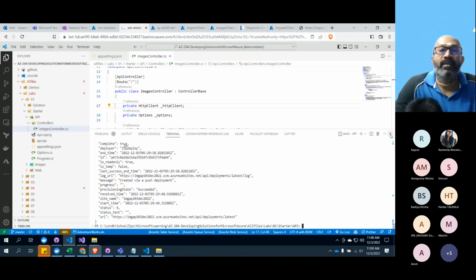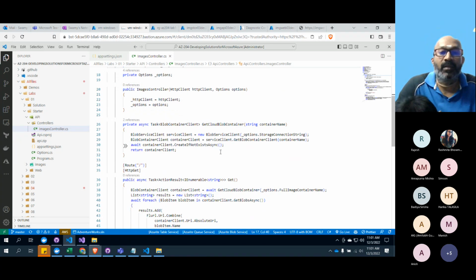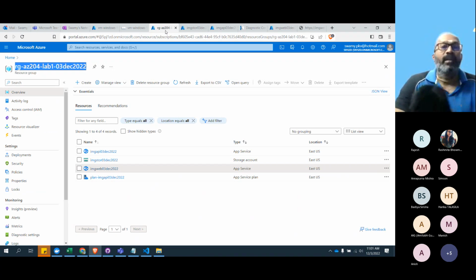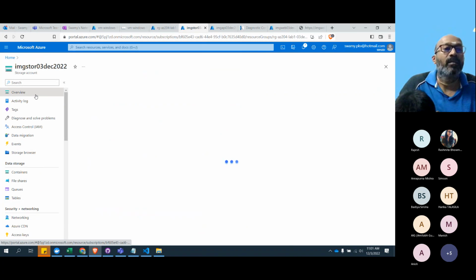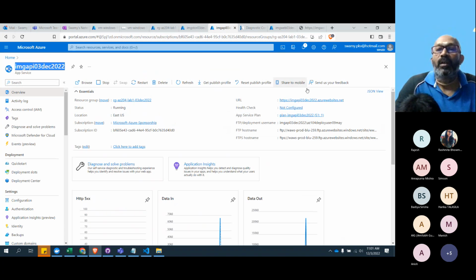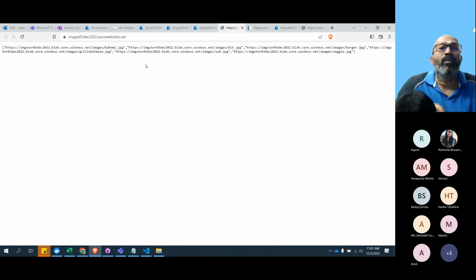We can access this. You can go to the route. The API route is just given like this, and we can get it. This is the one. Let's see. Oh, this is an image store. Let me click on that. You saw that? We got the API.